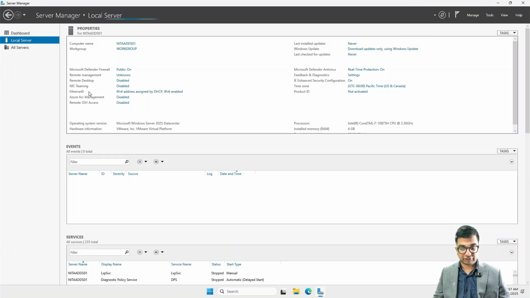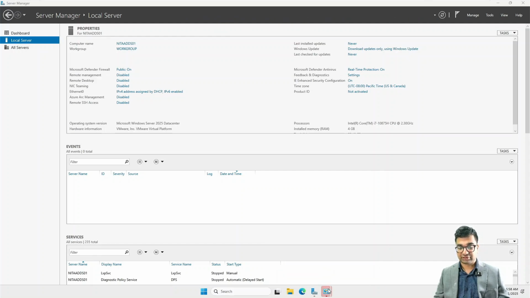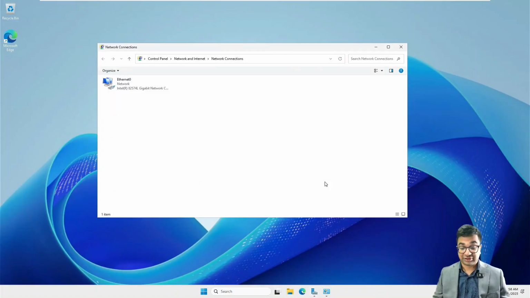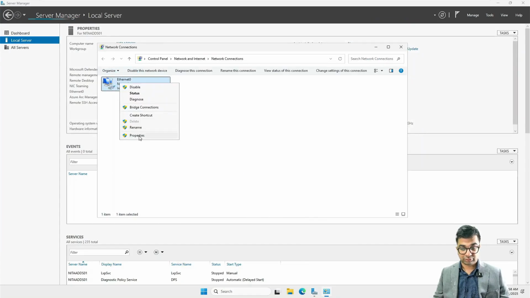So once we are here, I'll wait for my Ethernet 0 to show up. Click on Ethernet 0. Now, the name might be different for you as well. In my case, because it is set by default, it is Ethernet 0. But it could be something else depending on how you set it up or what type of virtualization software you're using. And you can see this here. Now, one of the difficulties of this interface or this entire process is that you never know if it is working right away. You can see I have both of them here. I clicked on it twice and it started running it in both locations. So right click, properties,